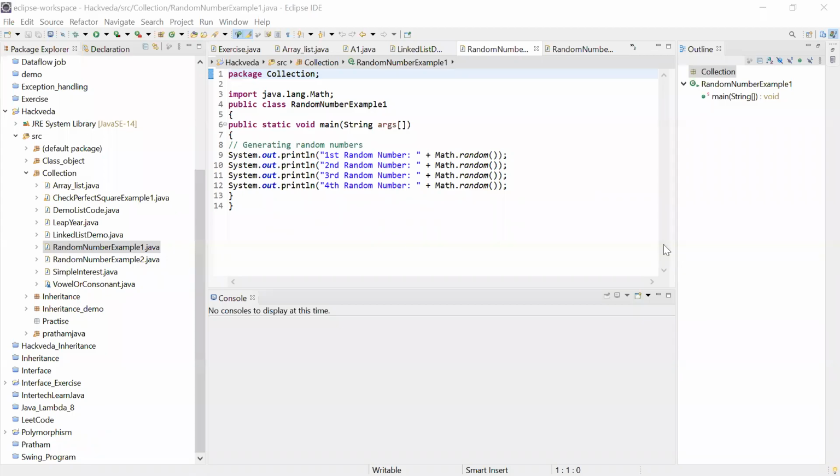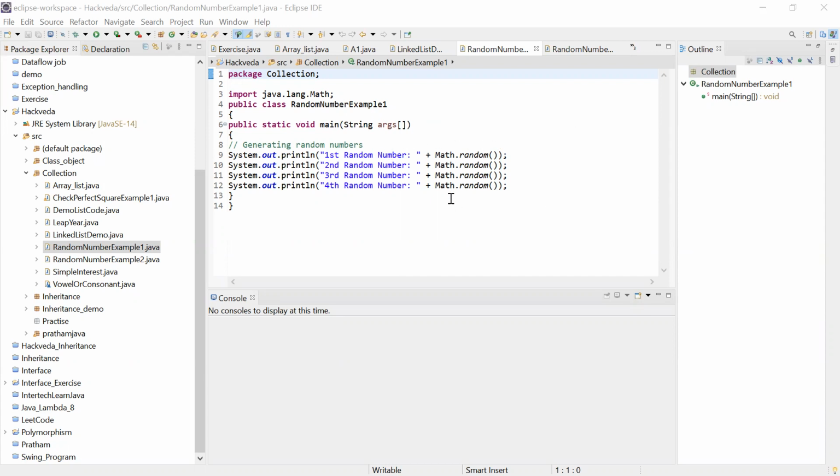So today we're going to see some more examples in Java. These are the examples that usually help you from an interview point of view, and these are programs that are useful in our daily mathematical calculation. Like if you can see here, I'm generating some random number. This random number is sometimes useful for OTP or generating some random value, so this kind of application is helpful.